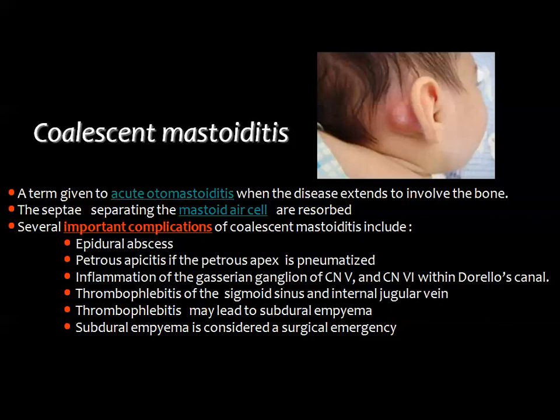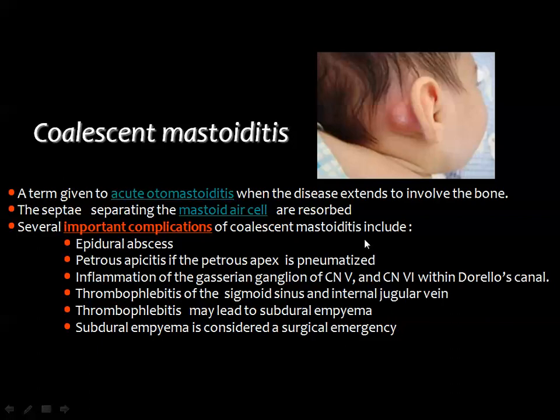Coalescent mastoiditis is the inflammation of the mastoid air cells whenever it involves the bone. At that time, the mastoiditis is known as coalescent mastoiditis. It will affect the outer wall of the mastoid, leading to the formation of retroauricular inflammation, and also involvement of the medial wall of the mastoid may lead to intracranial extension of the inflammatory